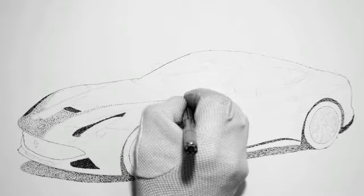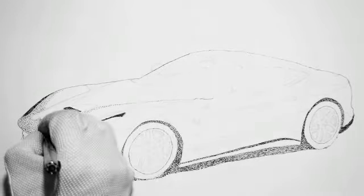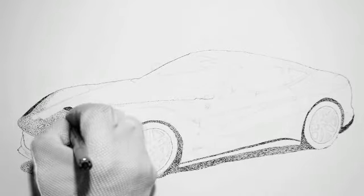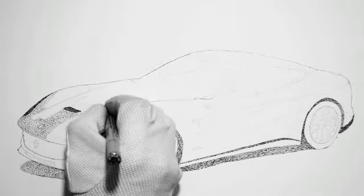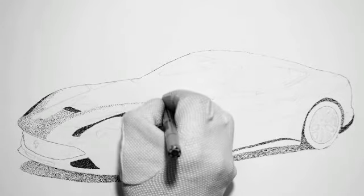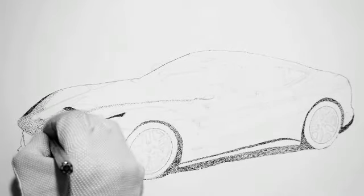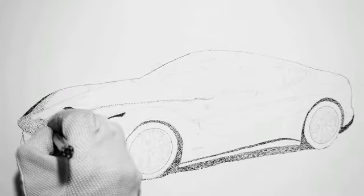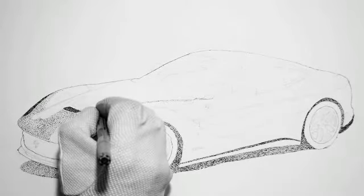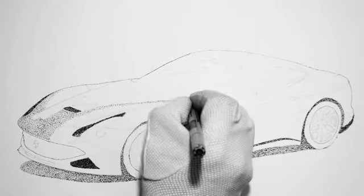But what I'm doing here is I'm working one color tonal value against another. Of course, this is black and white, but if you just imagine this car had color, I'm doing it in gray, but it has a color on its own. So there are some parts that are light because they have highlights reflecting off of them, and other parts that are dark. The ones I'm working on right now are the dark ones. And then when I get to those, I will start to darken them up, and then I'll work the lights